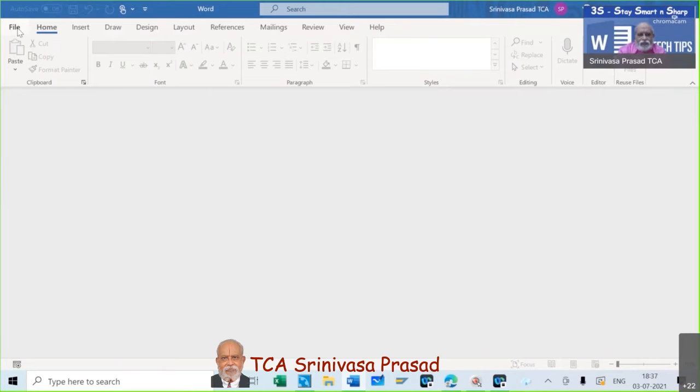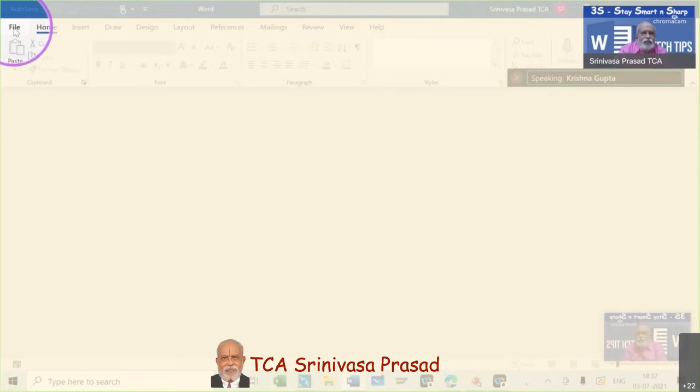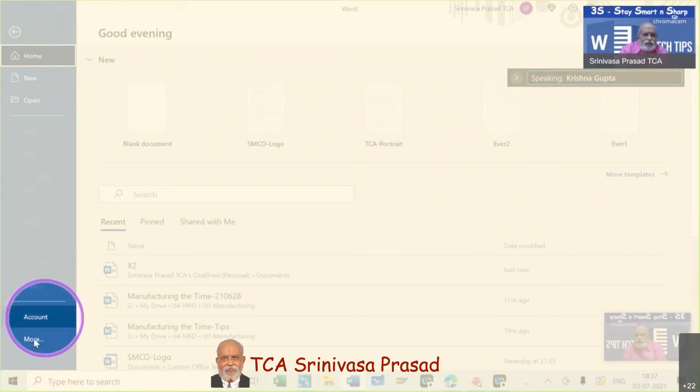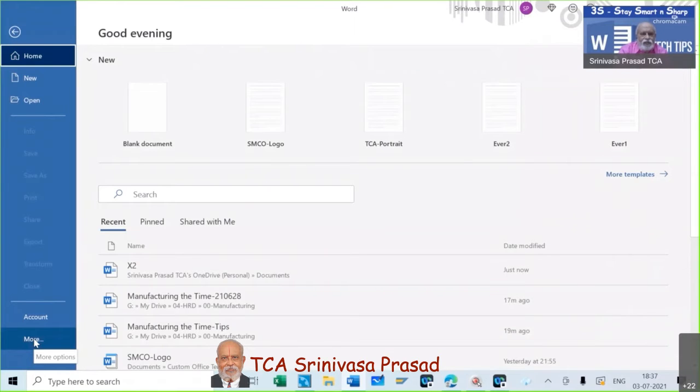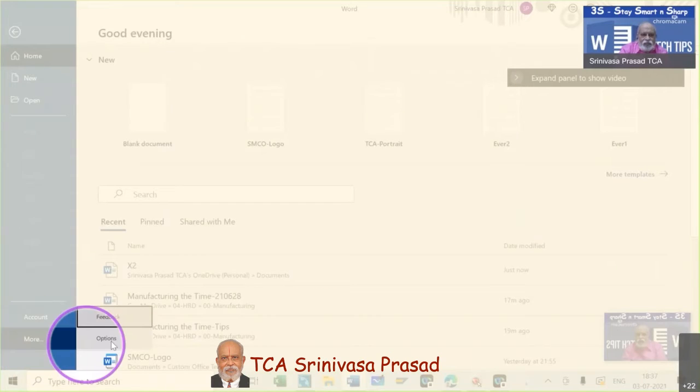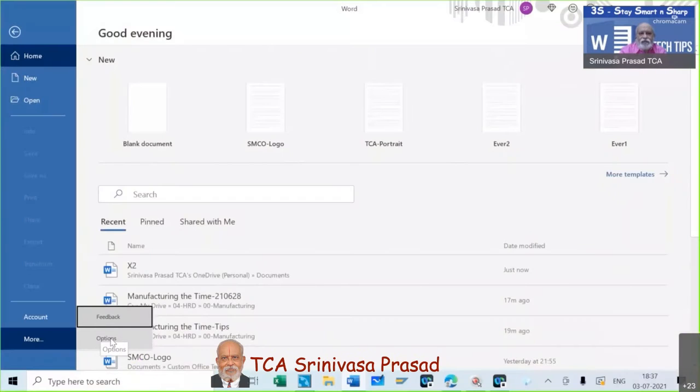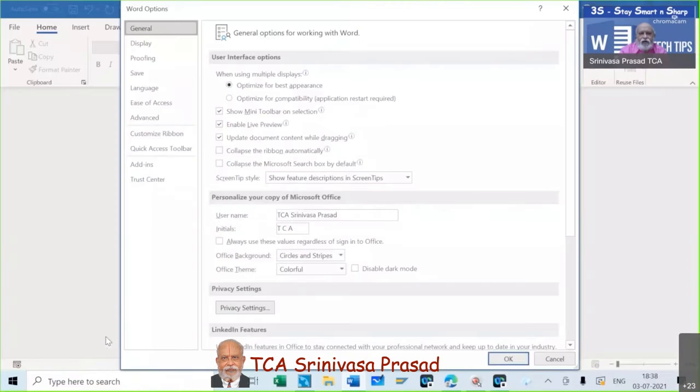So for some of the things you can look at it. This is where I'm going to click file. Then we have something like more. When you click this more, you come out with these options. How many of you have used these options? I have not.